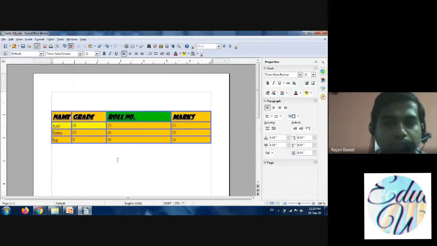You can see that the earlier cells that are green and yellow keep the same color that I have done, and the rest of the remaining table has changed into a somewhat darker yellow in color. So at once you can change the color of the entire table also.